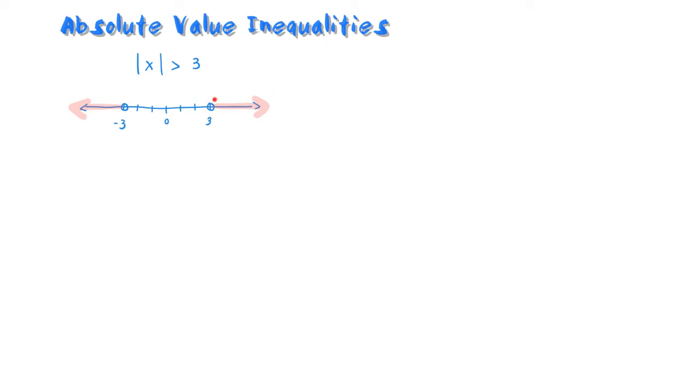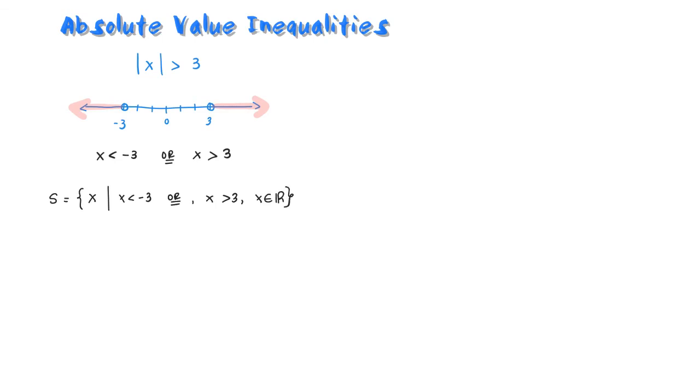One inequality will represent this interval and another one will represent that interval. So we write it like this: x is going to be less than -3 or x is going to be greater than 3. So in proper set notation, this is how you will represent it: the set of all x such that x is less than -3 or x is greater than 3, where x must be